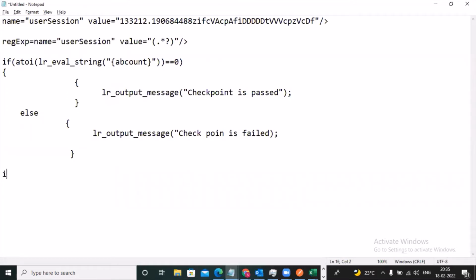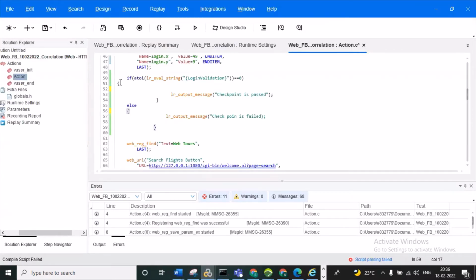We need to write the if, then write some condition, and after that give the brace, and after that you need to write any message in the checkpoint, I'm just telling, okay. After that else is one more thing, and once you give the else, you need to give the brace again, and write any message and else. So this is the syntax. But here there was a double colon, so that is why. So now this if started and after that ended, else started and after that ended.